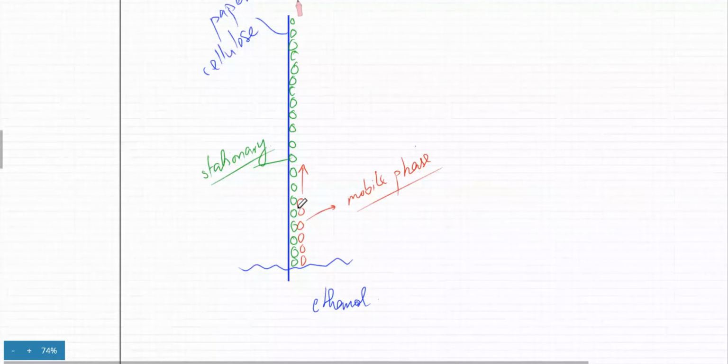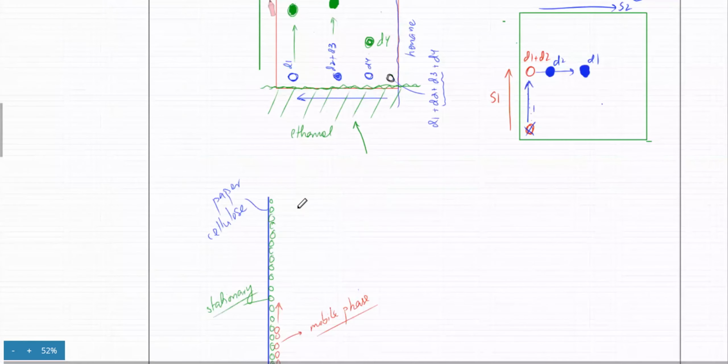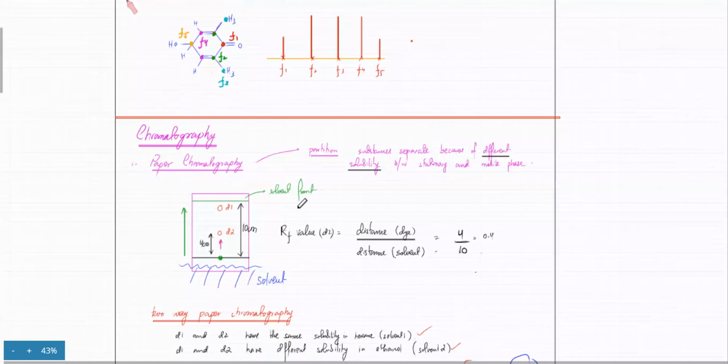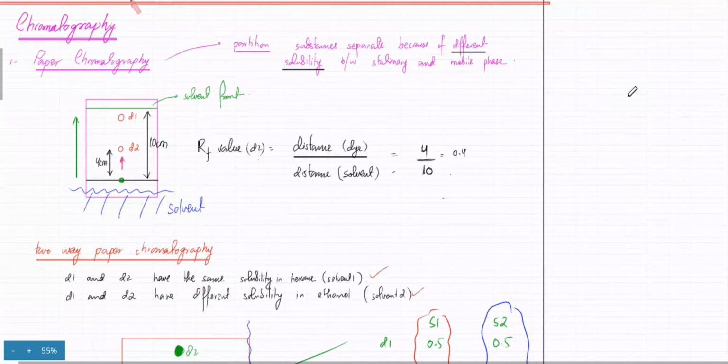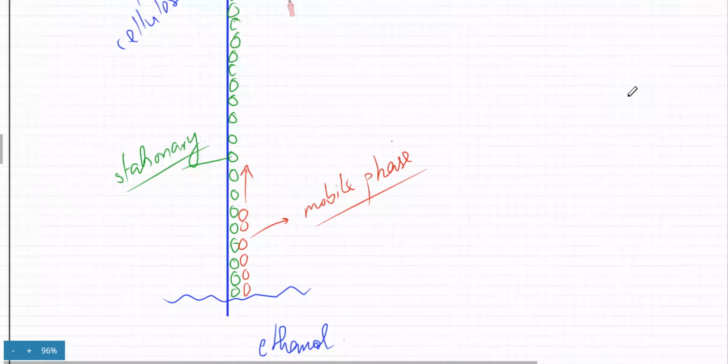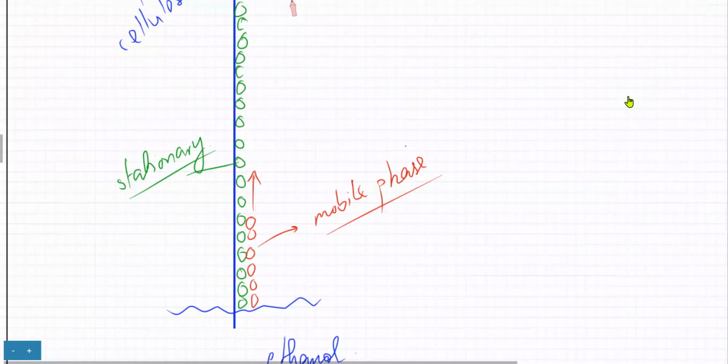अच्छा, अब why was the concept known as partition? That's what I'm explaining. कि जो concept था ना वो partition था. Substance separate because of different solubility between stationary and mobile phase. So the concept is कि दोनों layers के अंदर ना there's a partition. ठीक है? मतलब वो ऊपर नीचे जो है ना bottom के ऊपर that's your water layer. अच्छा, that's your water layer, और उसके top पे ना there's a solvent layer that's traveling upwards.